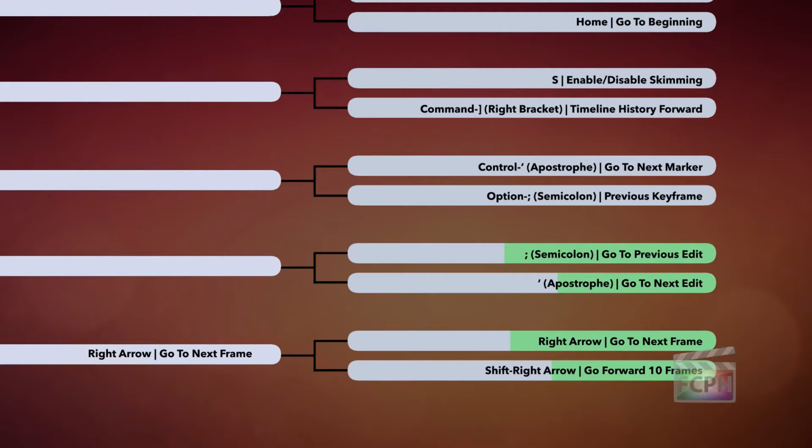Then going on up, we have semicolon taking the win there and it's going to go up against right arrow in the next battle. Semicolon, of course, to navigate to the previous edit. Apparently you guys like to go back edits instead of forward edits. That's totally fine. And then we have control apostrophe and option semicolon. Control apostrophe to go to the next marker. And these are all navigation shortcuts